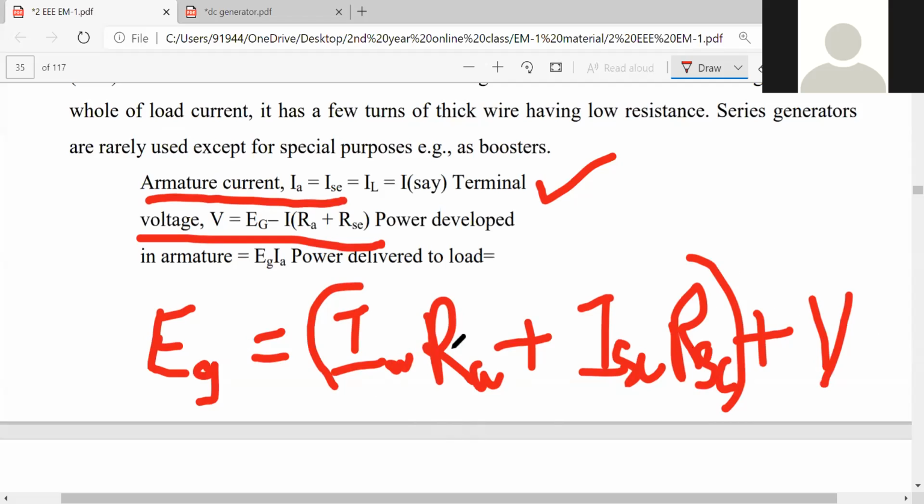Source equals the sum of the drops. Initially, EG equals source. Source equals the sum of the drops plus load voltage. So from this, V equals EG minus IA RA plus